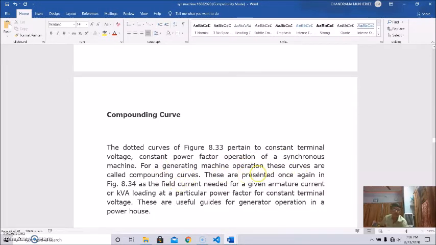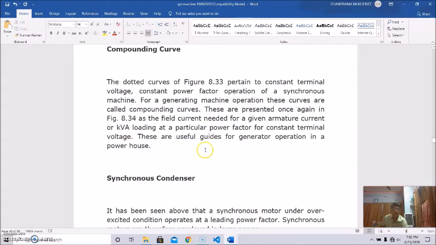For the generating machine operation, these curves are called compounding curves, and these are presented once again in figure 8.34 as the field current needed for a